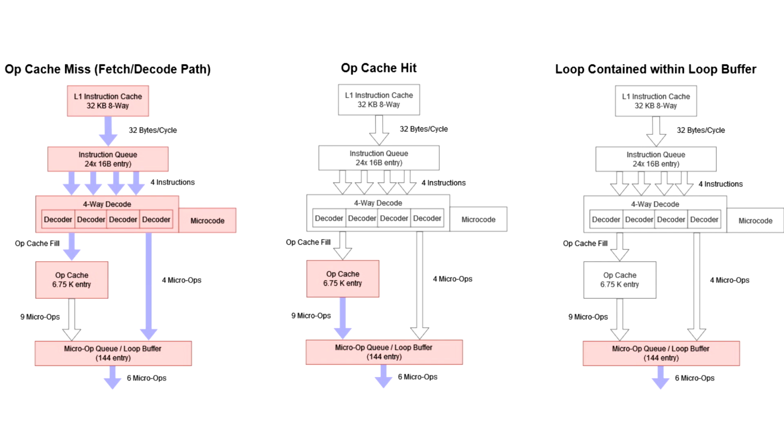With a loop buffer, the process of fetching these instructions from the cache or the memory is bypassed, which saves power and improves efficiency. However, the Zen 4 architecture also includes the op cache, which is a micro-op cache that exists in the Zen architectures and has enough bandwidth to store these instructions. This allowed the Zen 4 CPUs to work efficiently even without the loop buffer, which was meant to bypass the